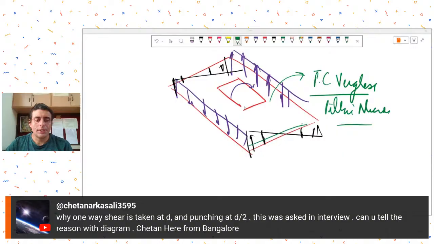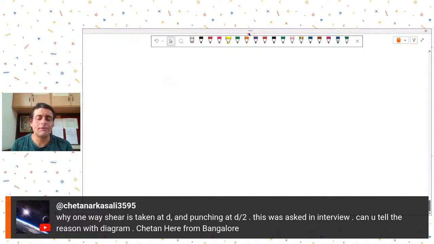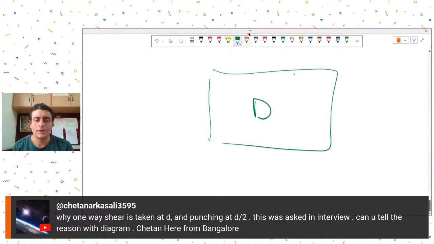Then Mr. Chetan from Bengaluru is asking why one-way shear is taken at d distance and punching at d by 2 distance. This was asked in an interview. So the reason for this, that why we take one-way shear at d distance away and punching at d by 2 distance away, has to do with